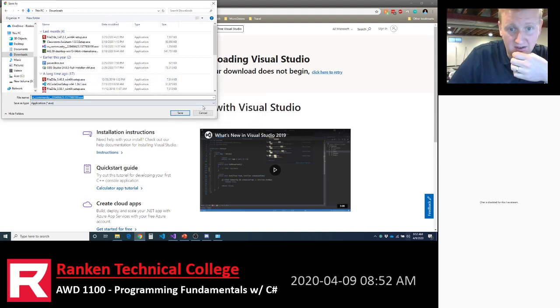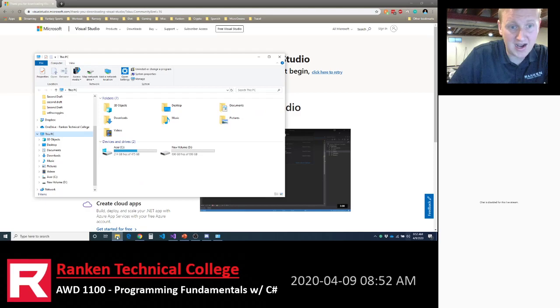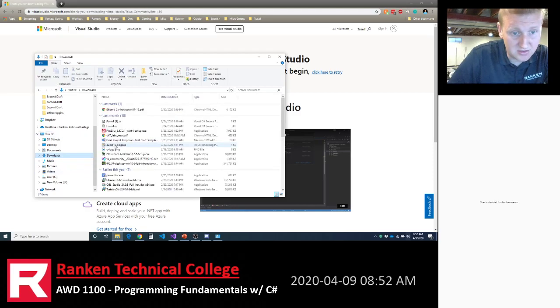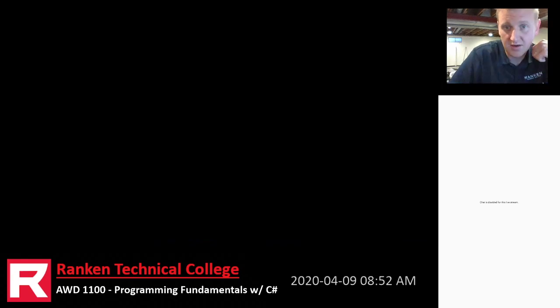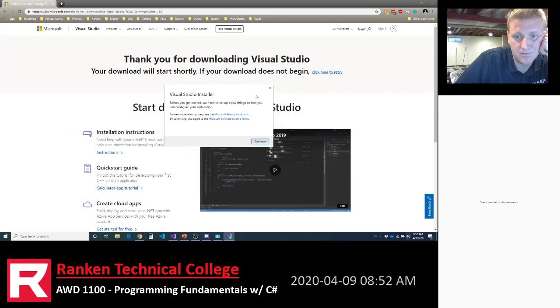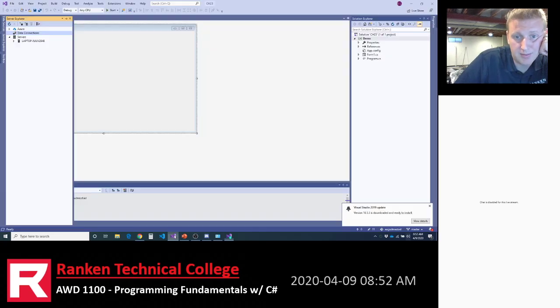Yeah, I already have it in there. So instead of re-downloading it, I'll just go to my downloads and search for Visual Studio Community, run it. I'm going to need to close Visual Studio to do this.